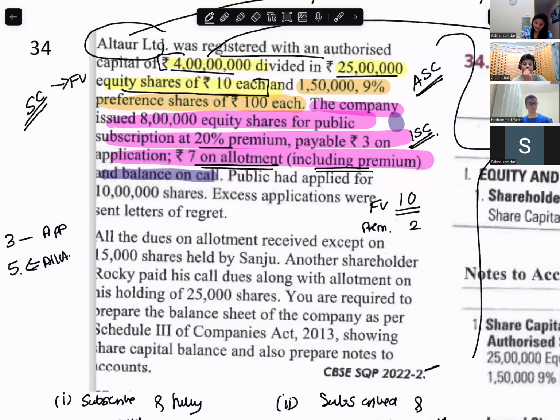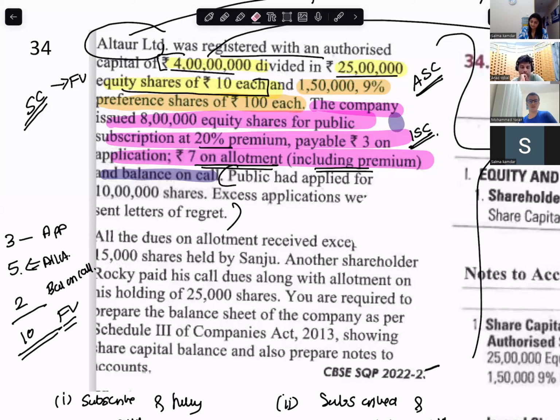And the balance is on calls. What is the balance? Balance is 2. Total is 10. Are you with me? Yes, ma'am. Okay. Can you read from here? Public has applied for